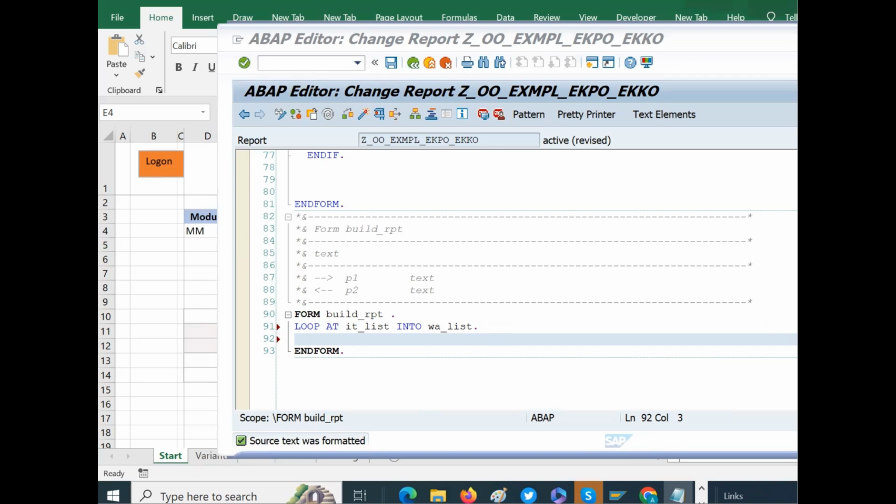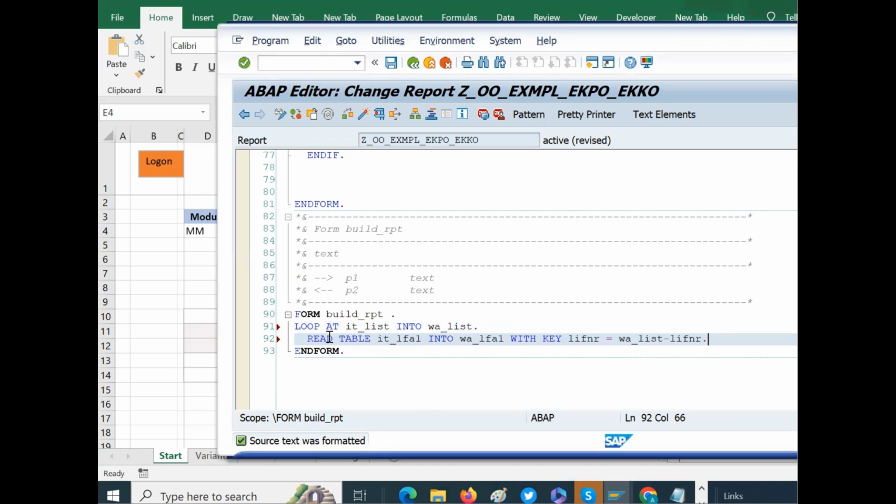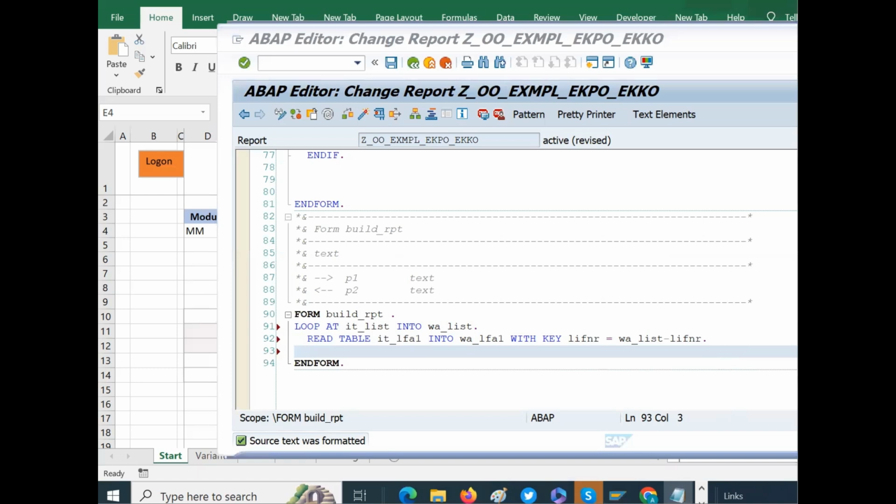The read table is the command which allows you to read records in a table. Read table of the internal table from vendor. So it's reading it and putting it into the work area of the LFA1. Work area means one record at a time. And with the key where the vendor number is equal to the work area list vendor number, right? So it is going to bring all that information one by one, and the next is it is going to fill in